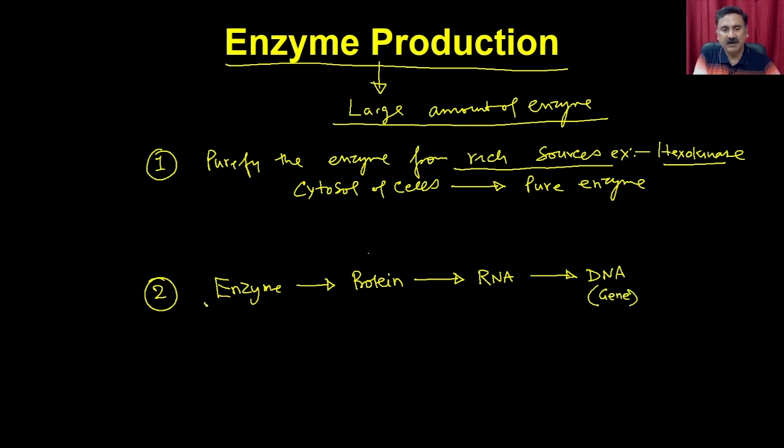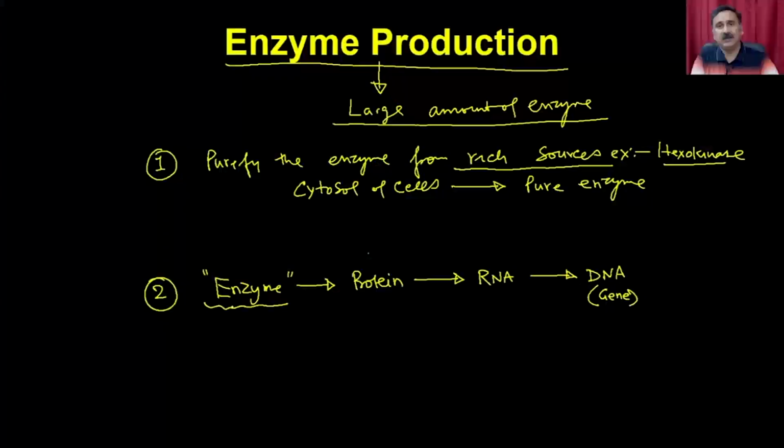So if I want an enzyme for experimental applications, for structural elucidation, or for industrial applications, I should first identify the corresponding gene. Once I identify the corresponding gene, I can clone this gene into a suitable vector,